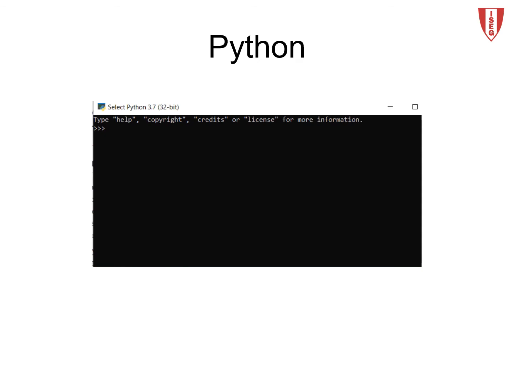In the interactive mode, I write the instructions and the interpreter gives me the results immediately.